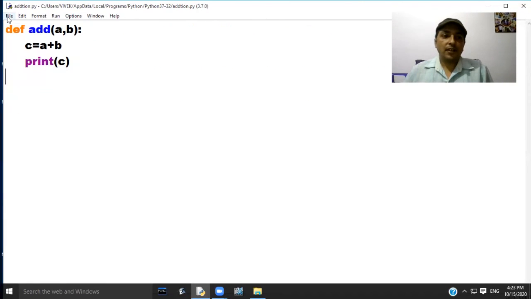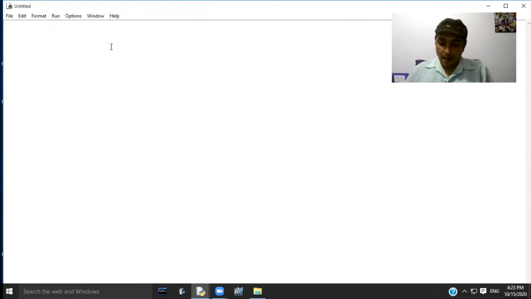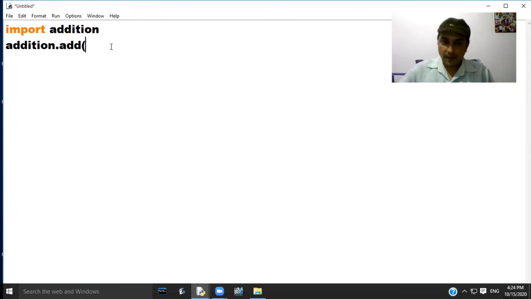Now create a new file and import module addition in this file. Now in order to call a method present in the module, we have to give a command like this: module name dot method name, add, and we are passing two values, 10 and 20.